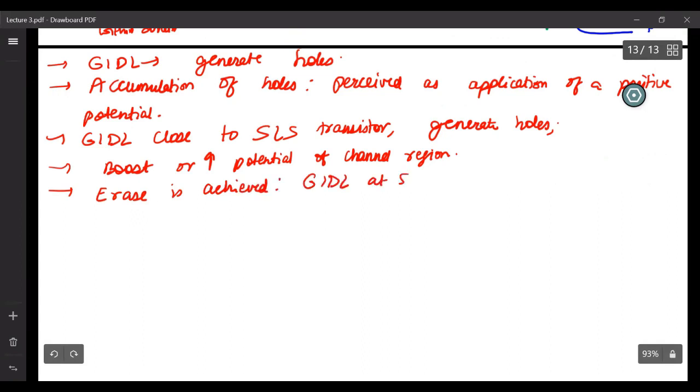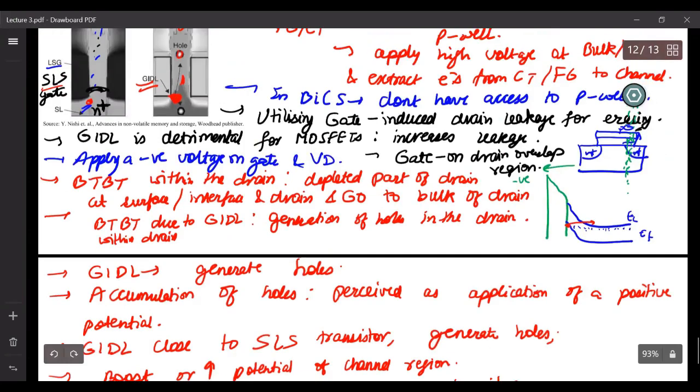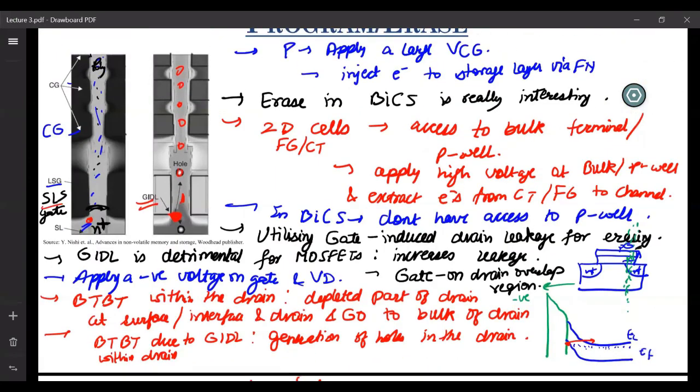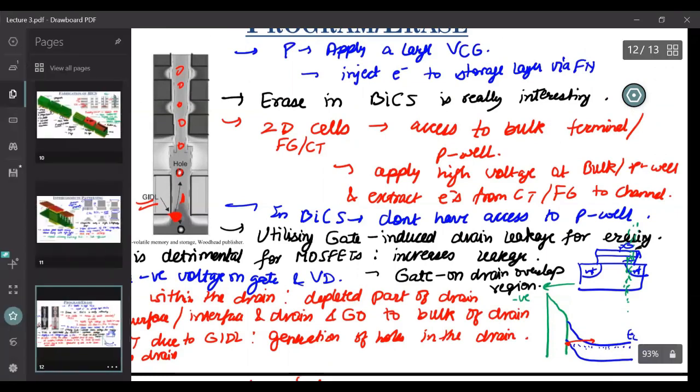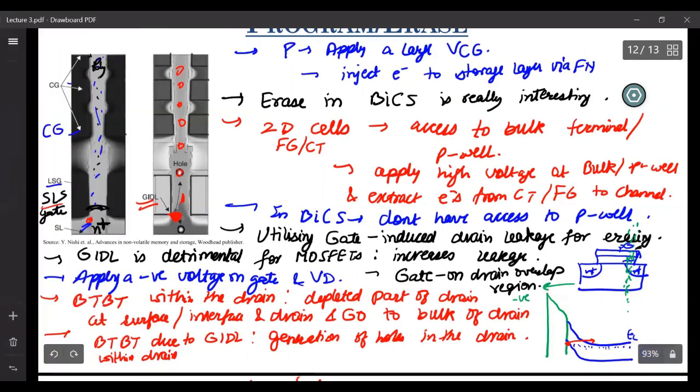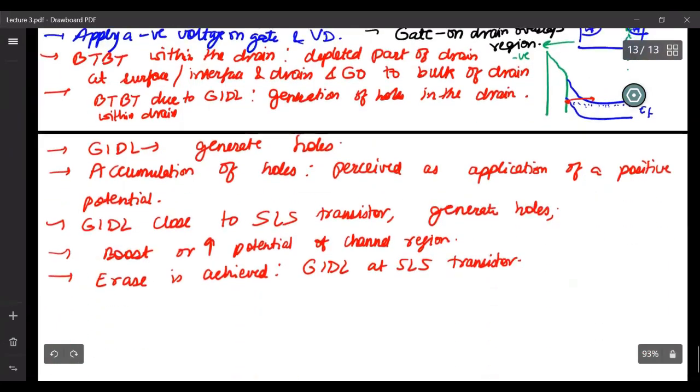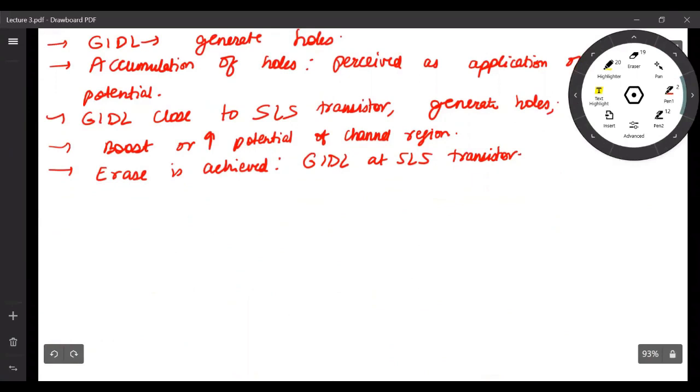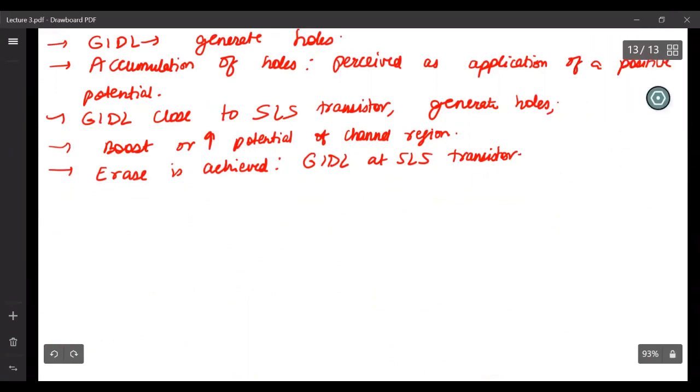GIDL at the SLS transistor. Now you may also wonder why I'm calling it a transistor, when I have only N+ here at the bottom, right? I don't have N+ here. So how do these flash cells work? Let me write that as well. Here, your 2D flash cells